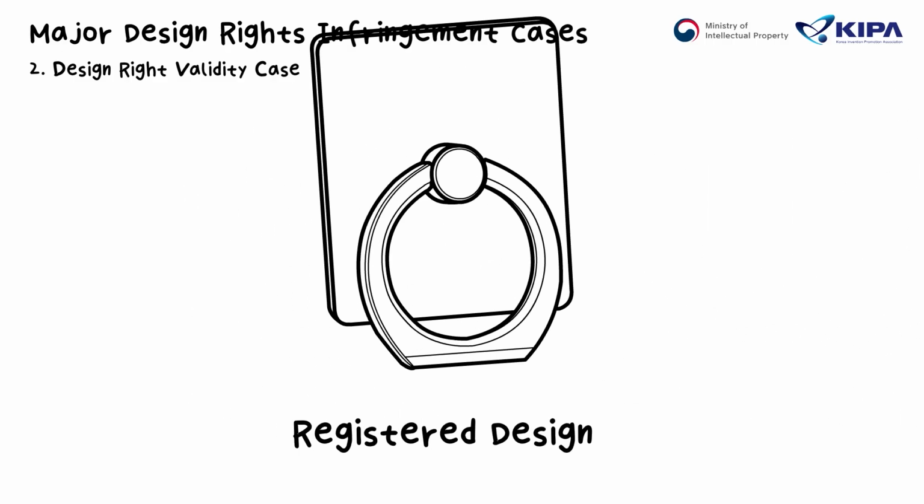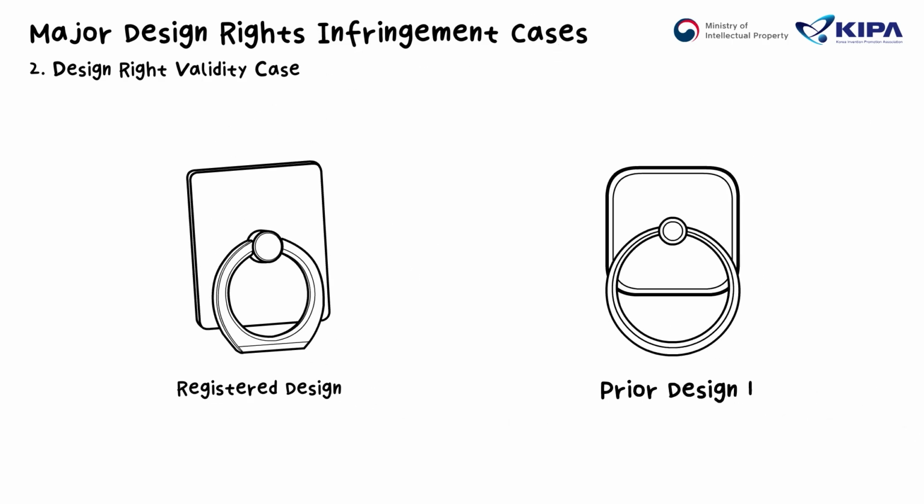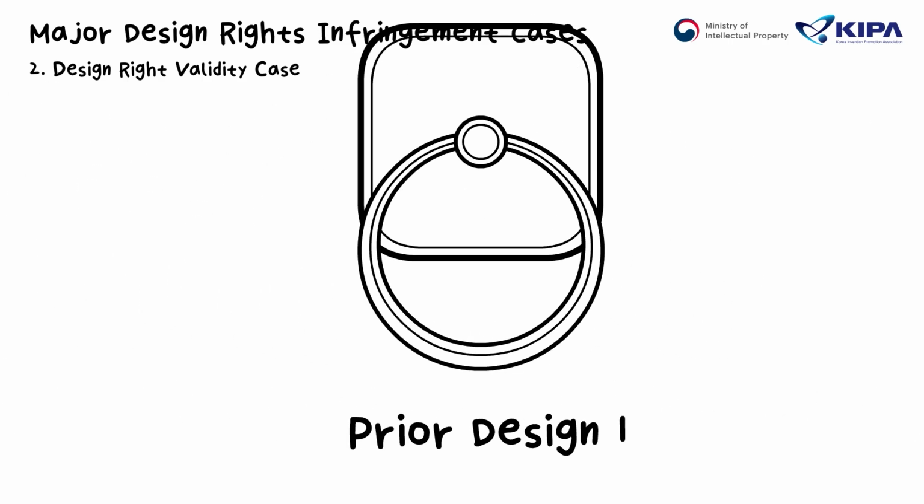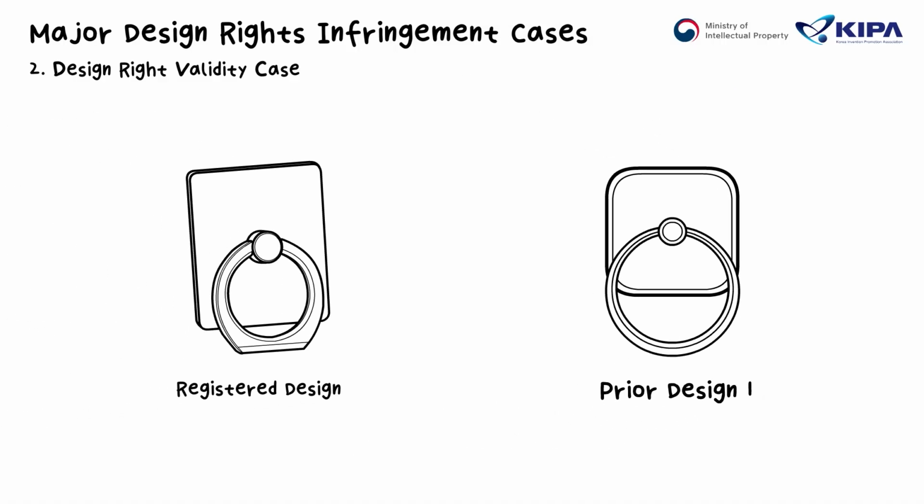2. In the registered design, the upper and lower surfaces of the ring body are flat, giving it an overall square cross-section, while in prior design 1, the upper and lower surfaces of the ring body are circular. 3. The registered design includes a straight segment at the bottom of the ring, whereas prior design 1 has no